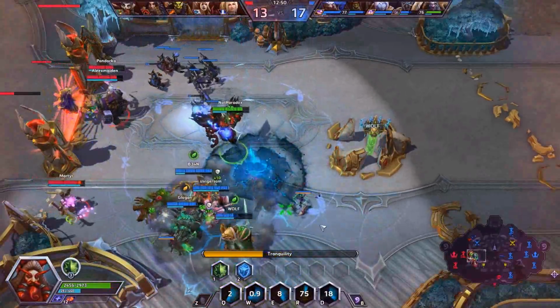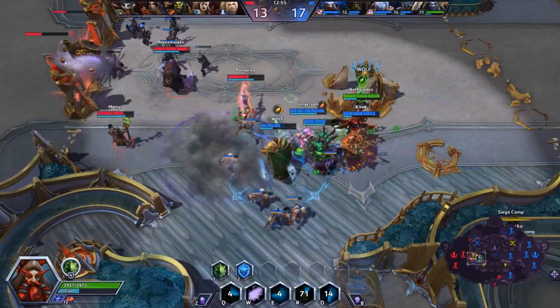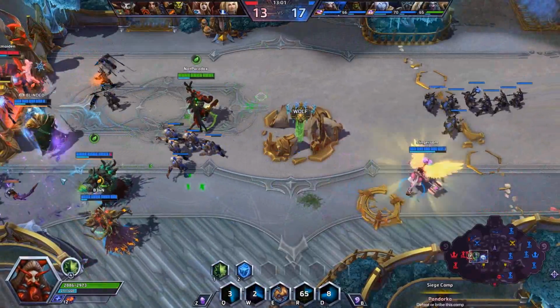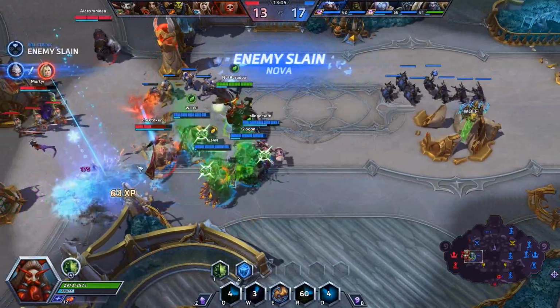I'm going to avoid the Nova ult, and I'm going to get regrowth back onto Gul'dan. I missed because the hitbox of my own character was so big. Now I'll get a regrowth on Gul'dan, and I'll start getting some heals off. I'm going to get a regrowth onto Arthas as he's in the front line, and then we're simply going to